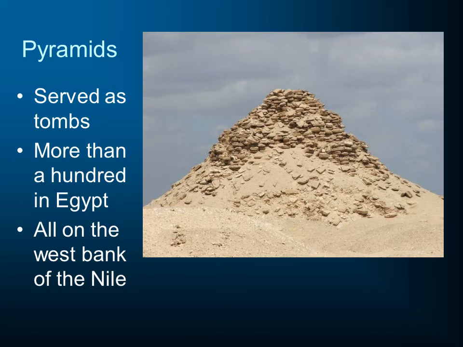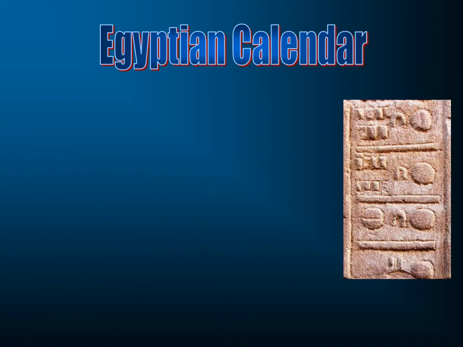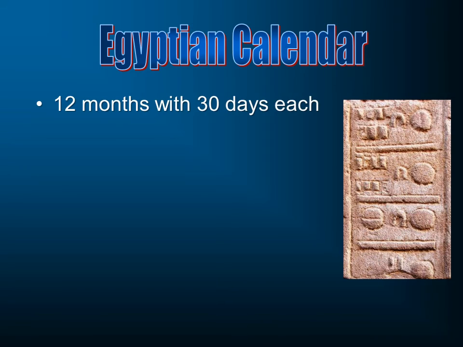I want to talk a bit about the Egyptian calendar. And what you see here is just a short piece. I took this photograph from a much bigger wall painting that had these symbols. My guide told me, because I can't read them, that this was an Egyptian calendar on the walls of, if I remember correctly, one of the temples. I want to say Karnak, but I'm not sure if that was it. I have to go back and look at my notes.